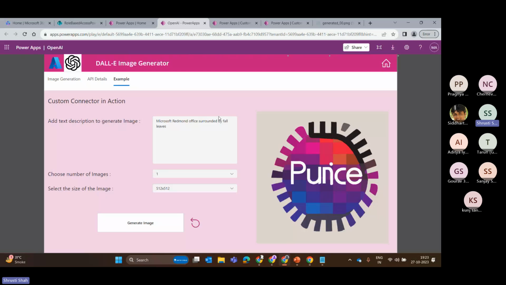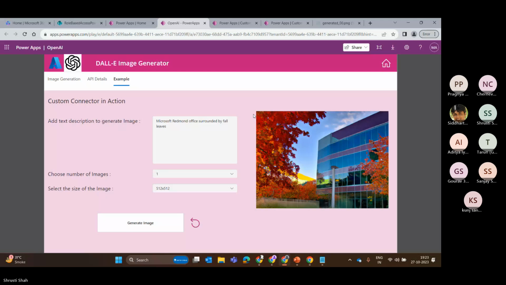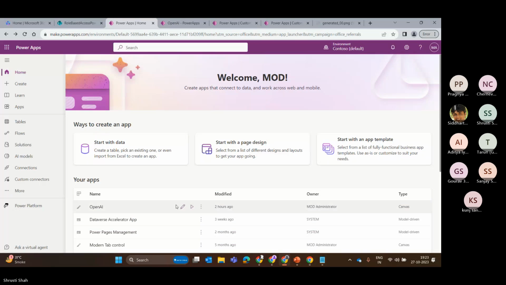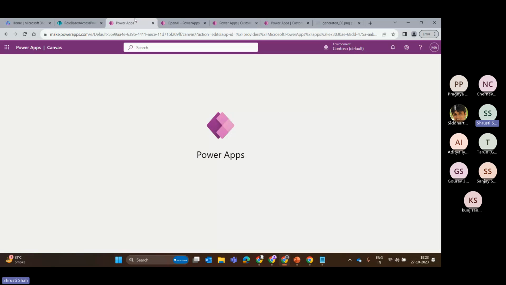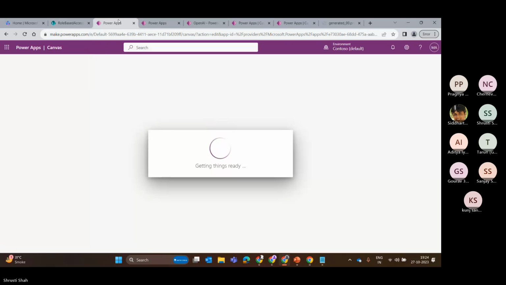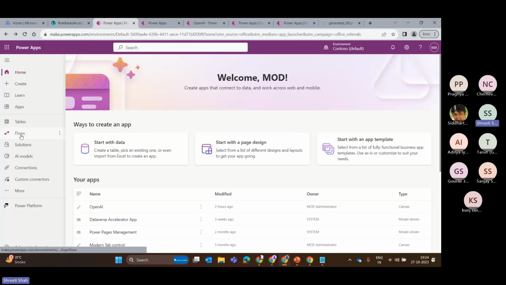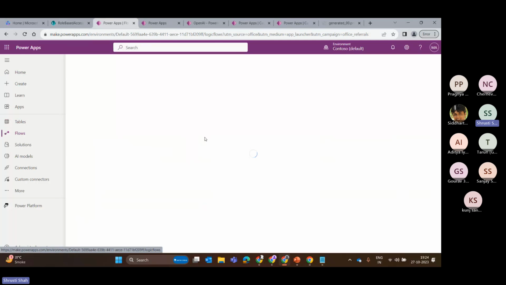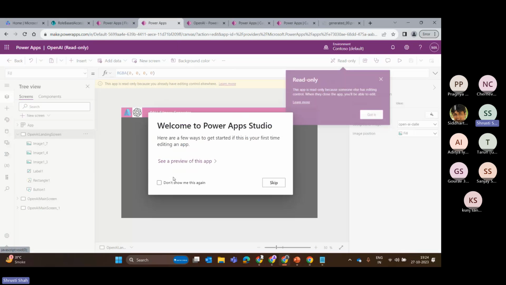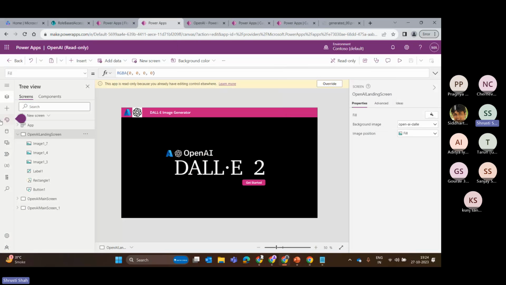Then I'll go back to the code to show how I used it. This was pretty clear. This gave a good response. Now let's go to this. I've used this in two places: Power Apps and Flow. So first thing, if I want to use a custom connector,